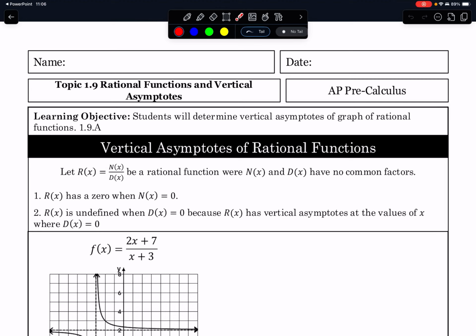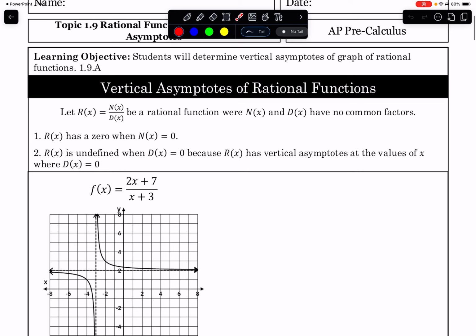In lesson 1.9, rational functions and vertical asymptotes, you're going to determine the vertical asymptote of the graph of a rational function, and also you'll learn how to determine the behavior of our rational function around that said vertical asymptote. Now, from the previous lesson, we discussed the domain of these rational functions and identified what